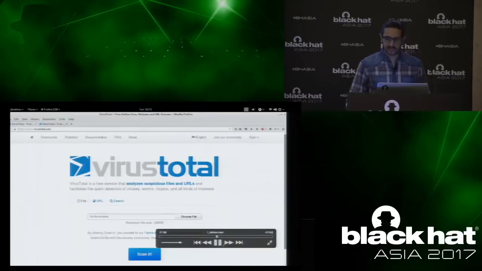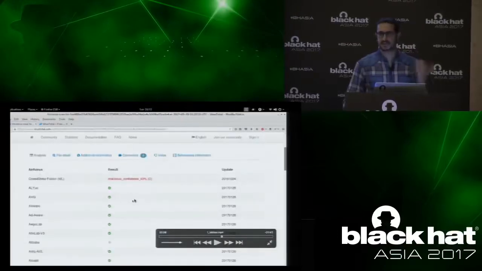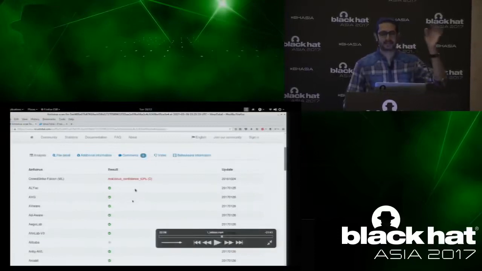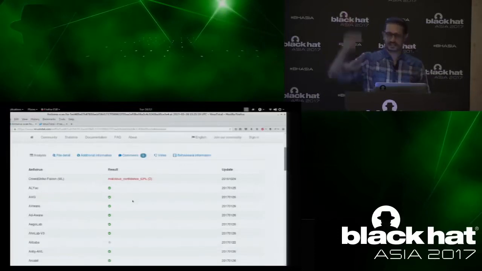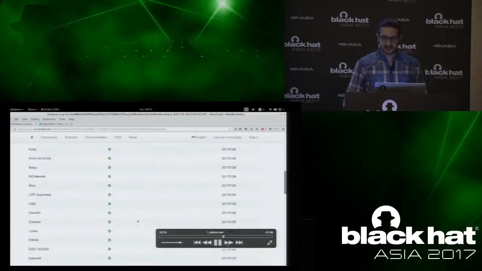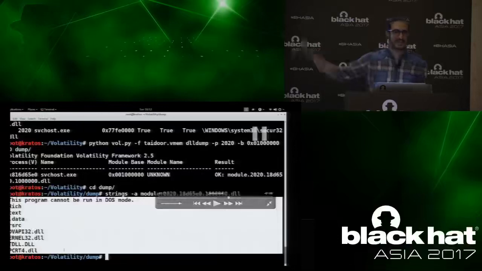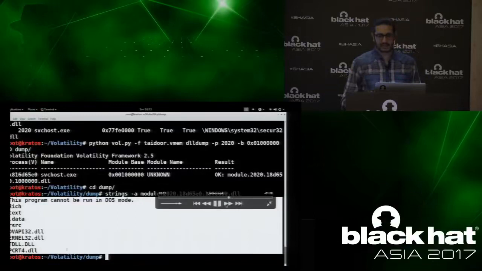I submit this to VirusTotal and let's see what comes up. You see that 1 out of 56 AV vendors is calling it bad. It's not really bad. It's probably because of the heuristics, because of the suspended mode, it's not completely loaded, so it's just in the suspended mode. That's why one of them is detecting, but it's not really malicious. Also, to show you, if I dump that executable and extract the strings from the dumped module, you see there are very few strings because it's in the suspended state. That's one thing. So how do we detect it?